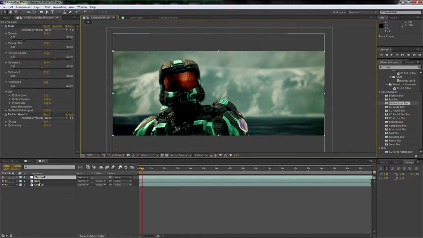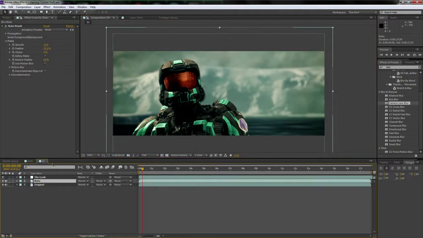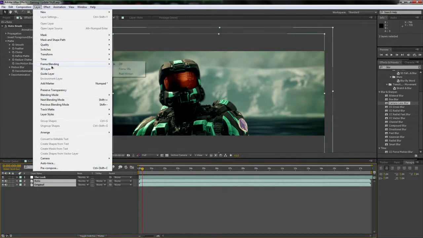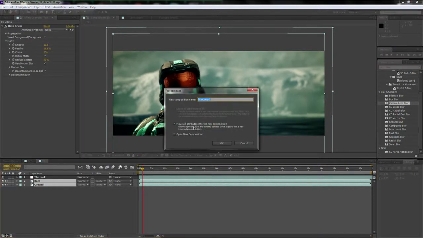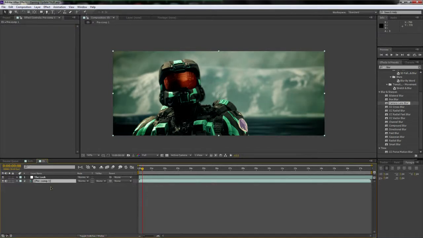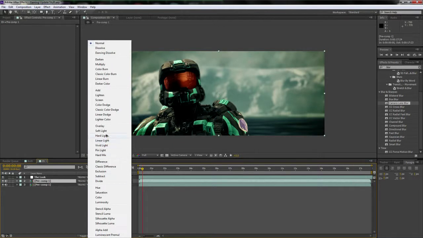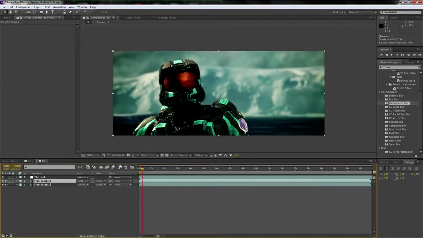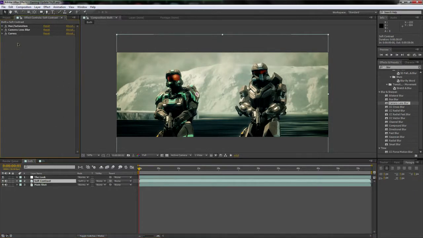And what else can we do? That look that we did on here, I guess we can put these into a pre-comp quick. Just go, where is it? Pre-compose, move all attributes, okay. There's a reason why I just did that. I can just get it back. Okay, so now let's duplicate the pre-comp we just did. And let's set it to soft light. And then let's go over to this layer and find the soft contrast and just copy all of these over